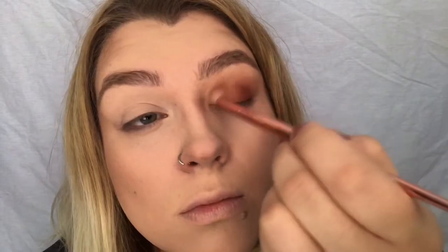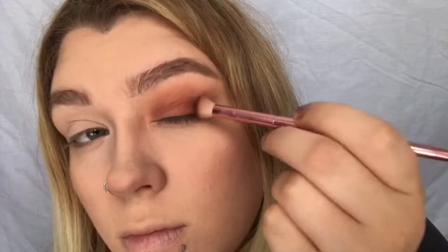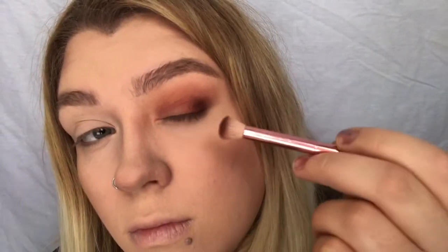Going on the top of my crease and just kind of blending it back and forth. Deepening the crease a little bit. Warming it up, giving it some depth, some dimension on my eyelid. Going with a lighter shade on the side to diffuse the color to make it a little more seamless. Darkening it with a little bit more of the dark brown, making it more bold, more dramatic,